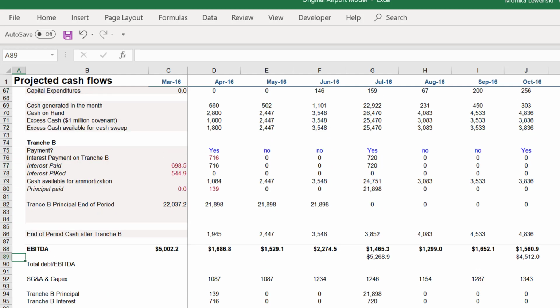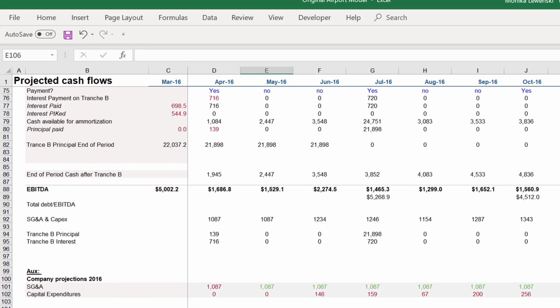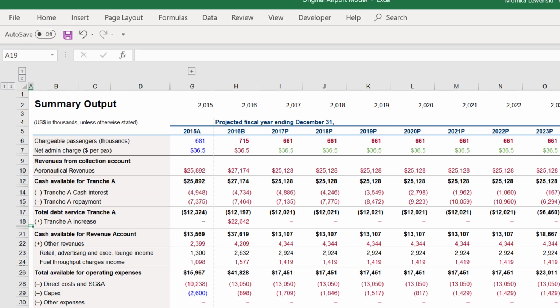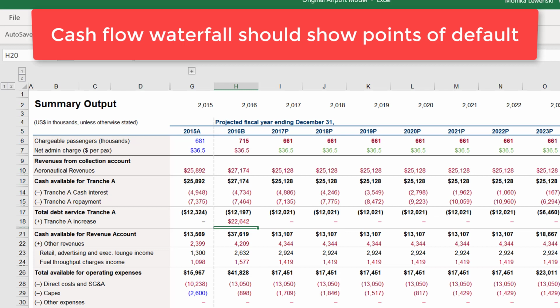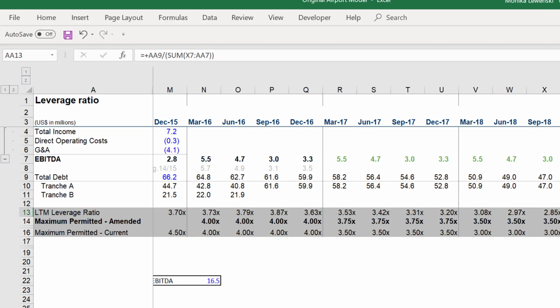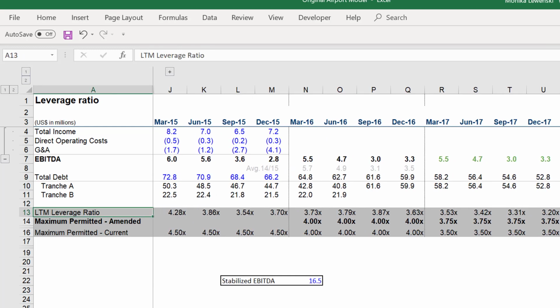This is interesting. Okay, the EBITDA is way down here. Of course, EBITDA should be just about at the beginning. There's some inconsistency here, and then this is horrible when you put some things in columns and some things in rows. Come on, everybody knows that. There's a little bit better of a layout, but in a cash flow waterfall, you want to see where the defaults occur under this downside case with this peak to trough garbage. And then we've got some debt to EBITDA, which should be going down, and you can compare that to the covenant. Okay, so let's see how to fix this.